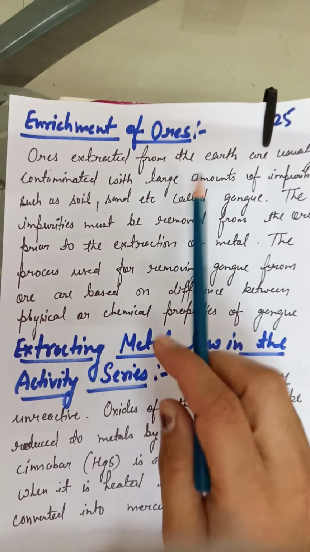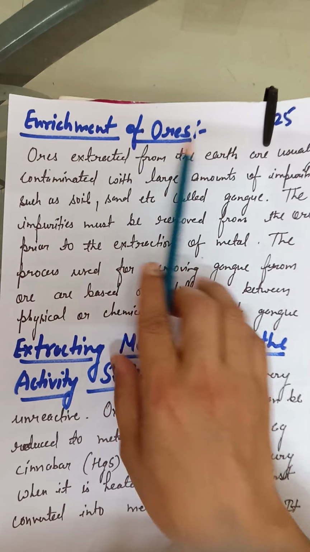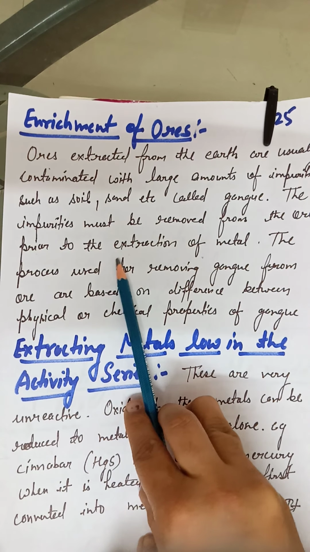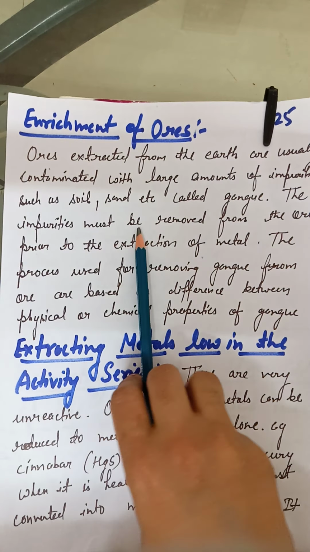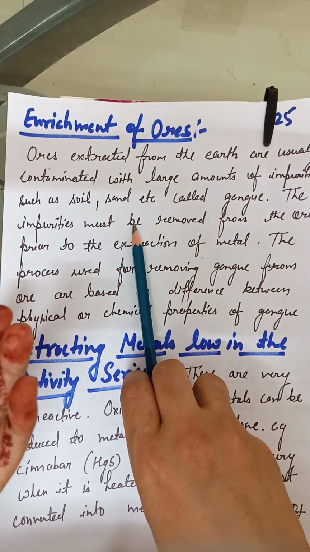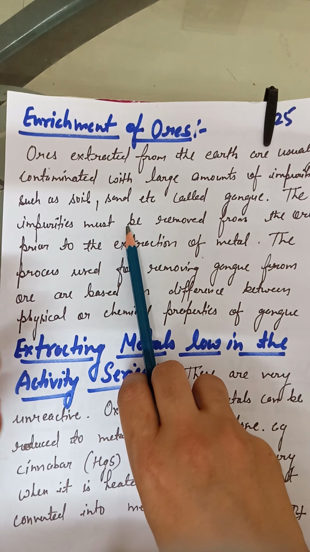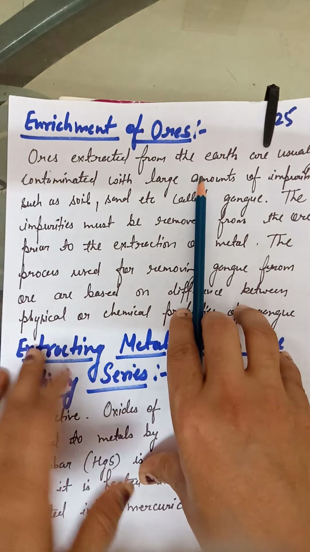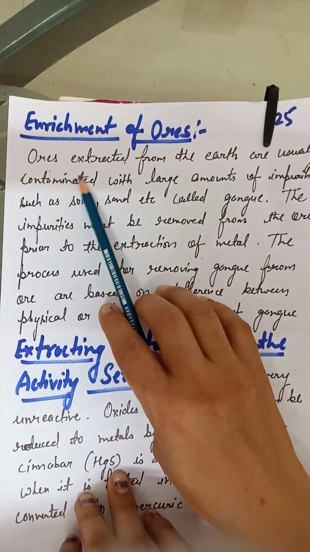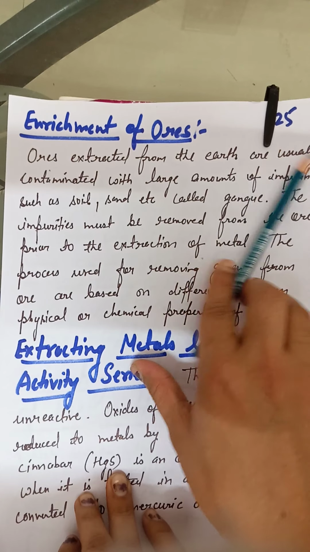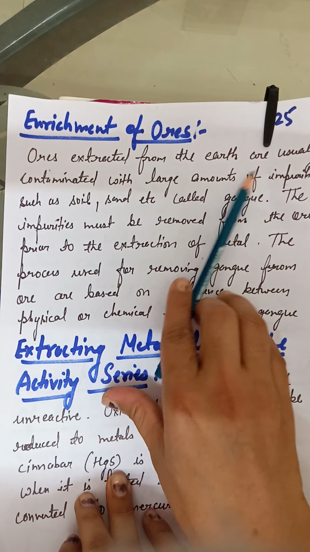The next we have enrichment of ores. Now the article enrichment of ores, what do you mean by enrichment of ores? That when we are extracting ores, they contain other impurities like gangue particles, sand particles, so collectively they are called enrichment of ores. So it is given here, ores extracted from the earth are usually contaminated with large amount of